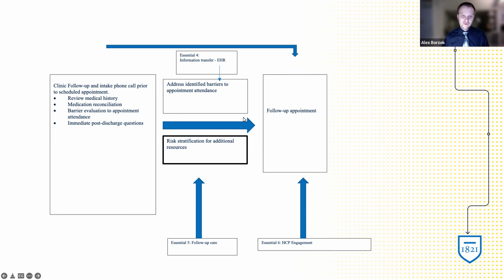Not only are we looking for barriers immediate to get them to work on, to overcome, to get them just to this appointment, but we're also, again, doing this risk stratification at the same time so that when they do make it to this follow-up appointment, we already have some services lined up as options that the patient chooses to participate in, and that we can plug them into right there as they are there for that initial follow-up appointment in the clinic.